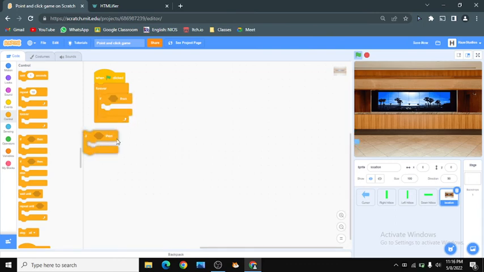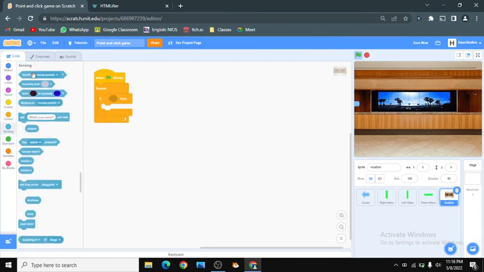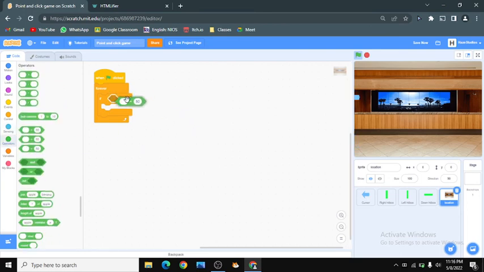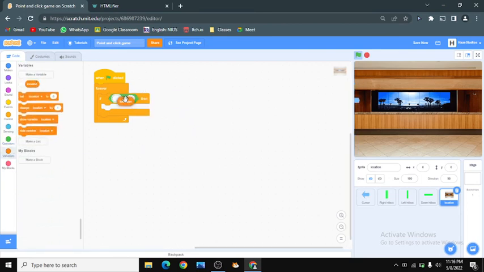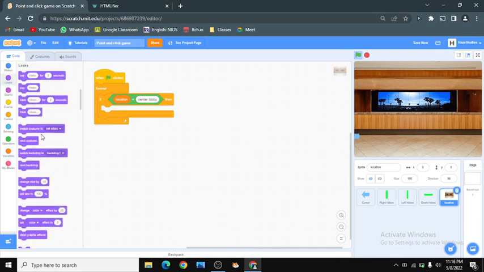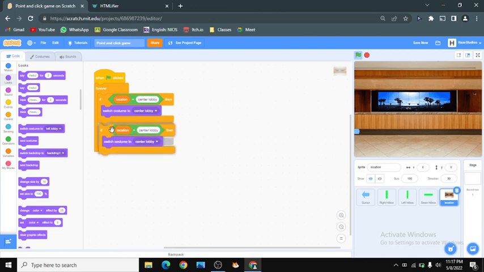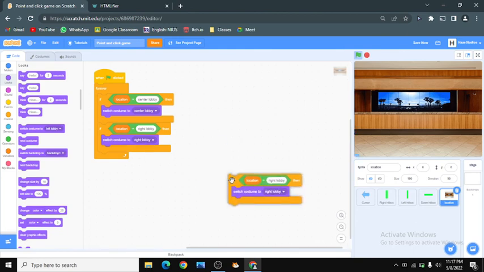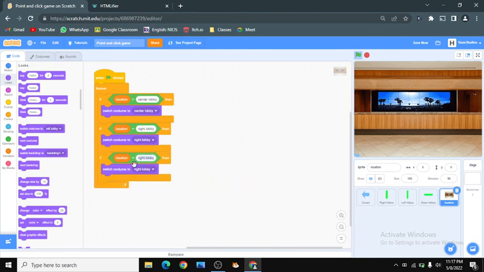It's just forever if location is equal to center lobby, switch costume to center; to the right, right lobby; and here, left lobby.